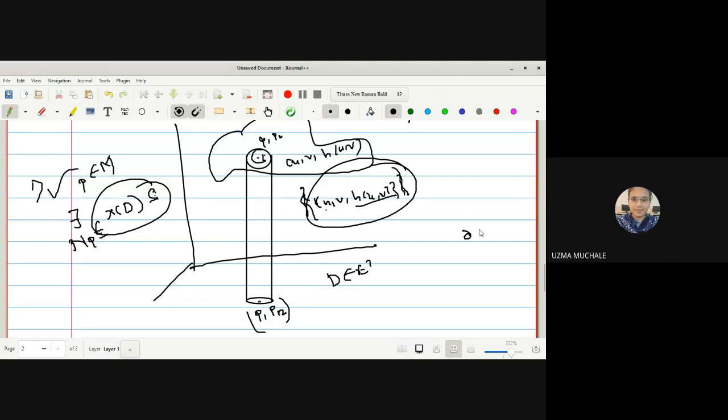And where did we get this from? dou g by dou z is not equal to 0. With the help of that, we have found a function h, with the implicit function theorem we are using. So u and v will be carried out as it is, because if you are going to the surface, your u and v are carried as it is to x and y. What is the change? Only the change is in the z variable. So the set of all those points will be working as a neighborhood, and this we have found with the help of a condition that dg is not equal to 0. So hence dou g by dou z is non-zero. Hence we found h and hence the result, and we proved the definition.